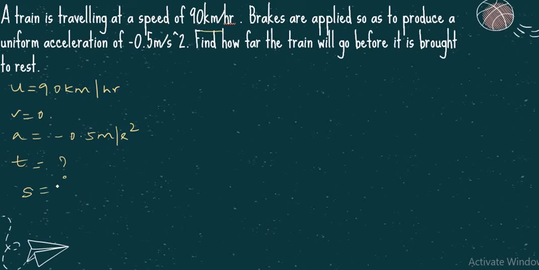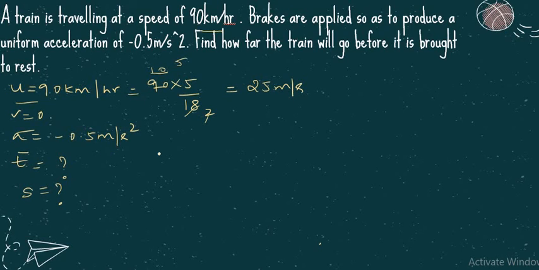Yes. Here, what they have given means, okay, they have given u, they have given v, right? They have given a in terms of meter per second square, but I need to convert this speed to meter per second, right? That is 90 into 5 by 18. I will take this direct value, so it will be 10, 2, so 2 1s are 2, 2 5s are 10, it is equal to 25 meter per second.